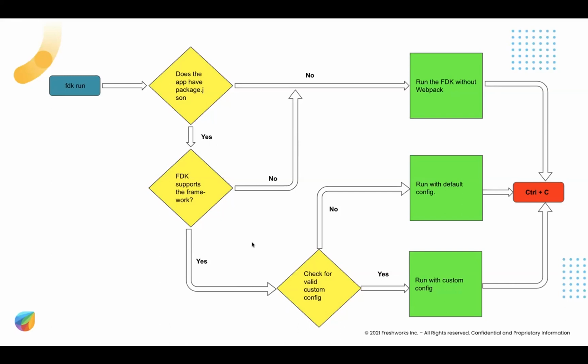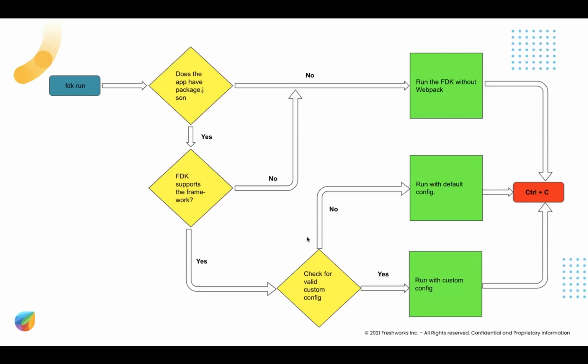If the framework is supported by the FDK, it will move on to check if there is a custom configuration given by the developer, and the configuration should be valid. So it checks both the path validity and the file validity at this point. If it is a valid configuration, the FDK takes your custom configuration, overrides the default configuration, and runs the project.